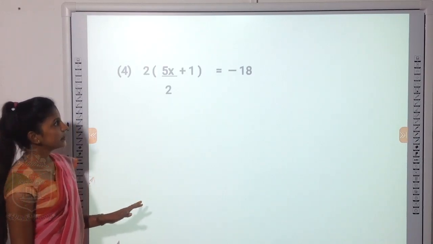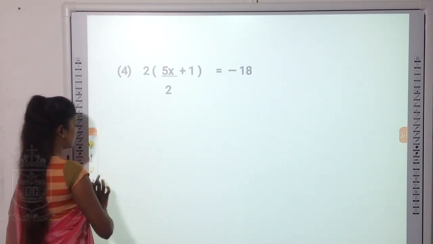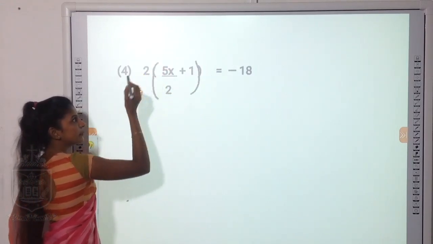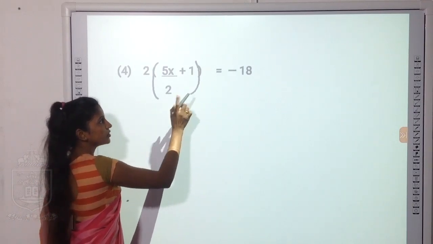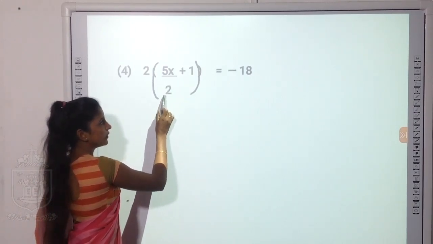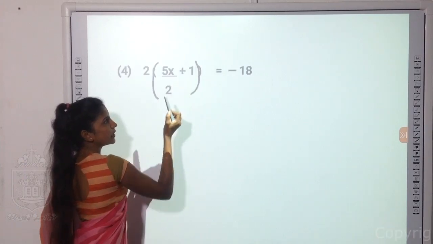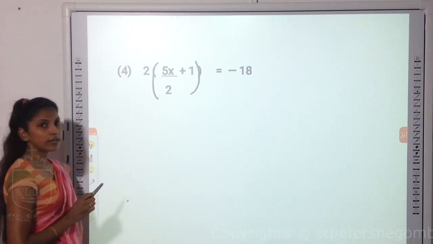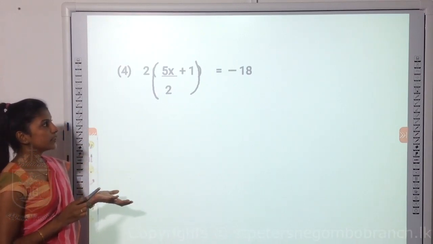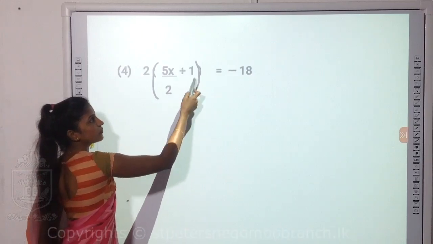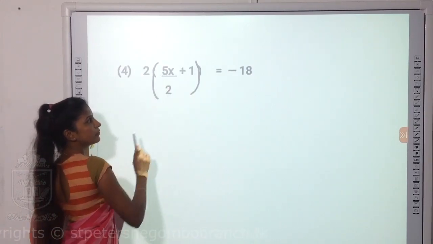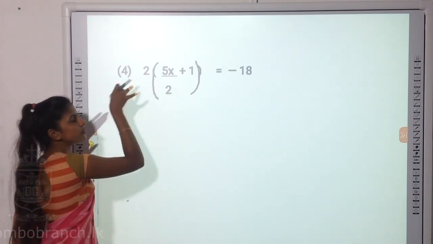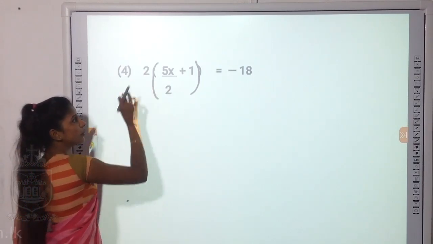Right, another example. Now here you all can see this expression. This total expression is multiplied by 2. So in this expression there are two terms. First term is 5x divided by 2 and the other term is plus 1. Both terms are multiplied by the number 2. Right, so now when you are simplifying this, we can't remove this 1 from this equation at first, and even 5 and 2. So what is easy for us to remove is this number outside the bracket.